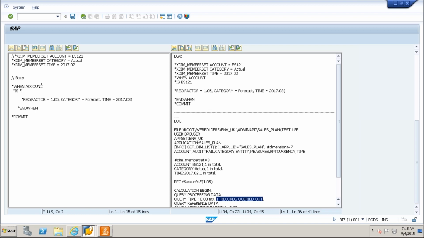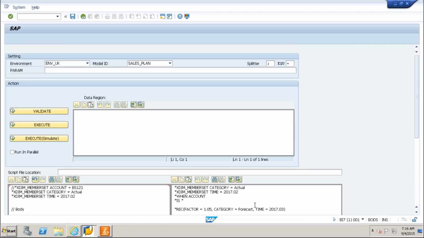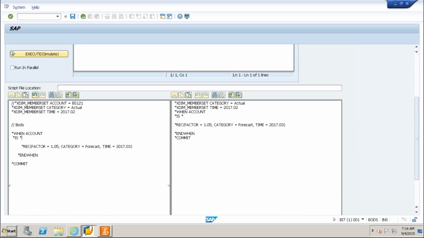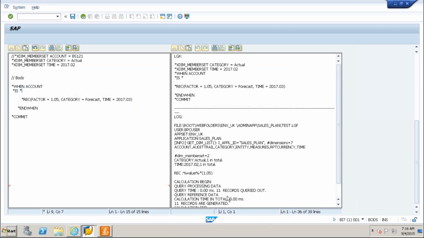That means when account is star, all accounts will work out based on these conditions. So again it is validated. So we will get 11 records. Last time we got the 11 records. And it is queried out. 11 records queried out.